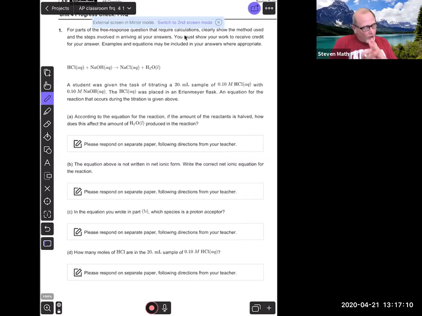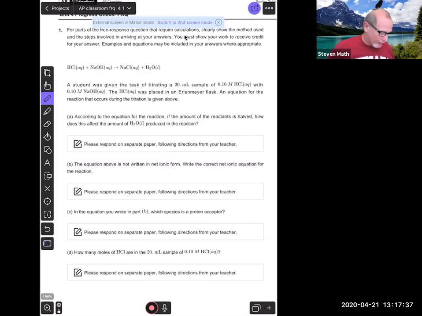Now this is just a really long titration question. And I know you're saying, but Smath, titrations may not be on it this year. As a matter of fact, they're not going to be on it this year. But a lot of this question is stoichiometry and not necessarily titration. So it's still a pretty valid question. And I like it because of the reading that's involved. So let's go through step by step like we always do and give you an answer to each one with